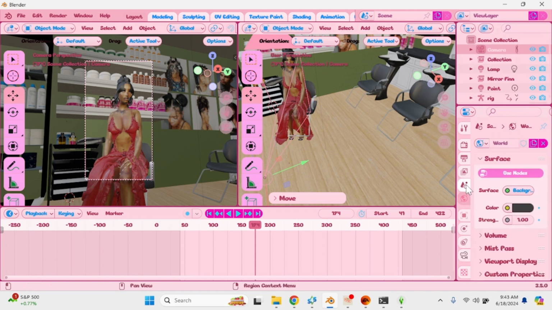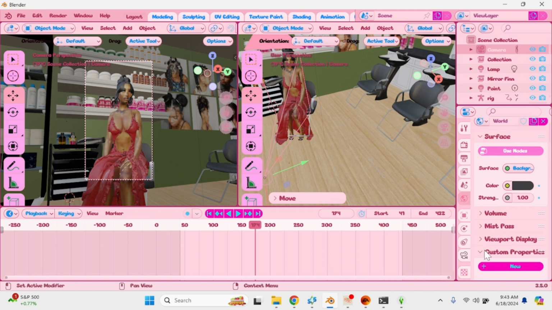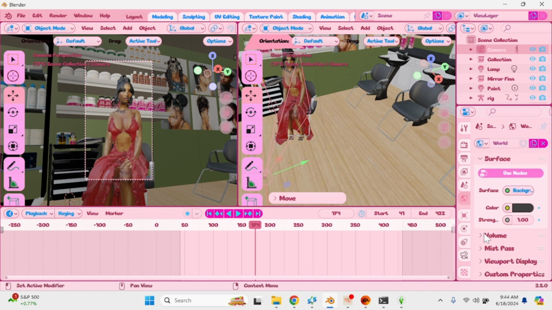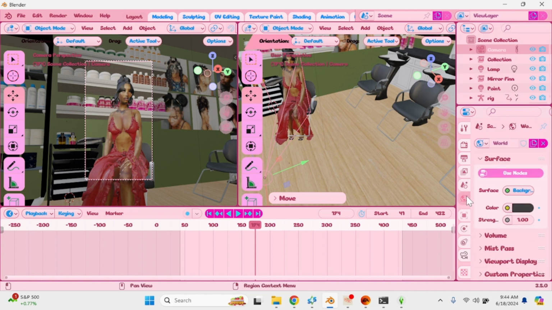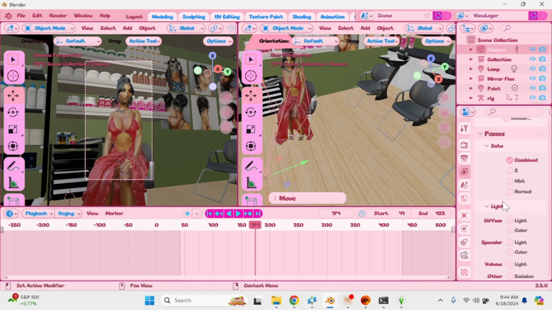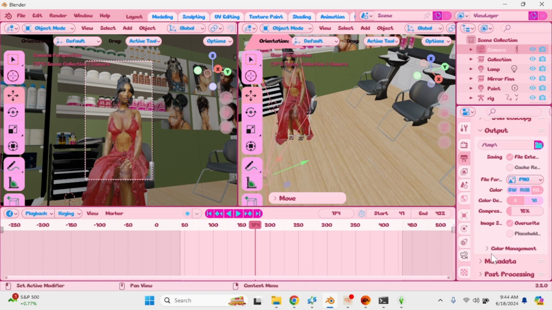Once you do all that in the perfect lighting, you can put your own light in here. By the way, y'all, if you want to do your own lighting in here, remember to click Shift plus A on your keyboard, then add point. You want to add point and make sure